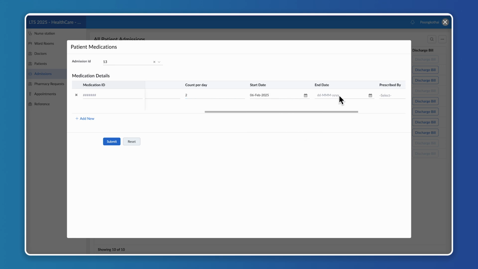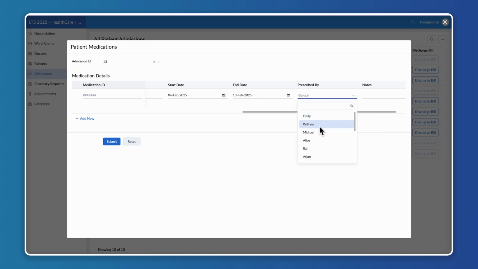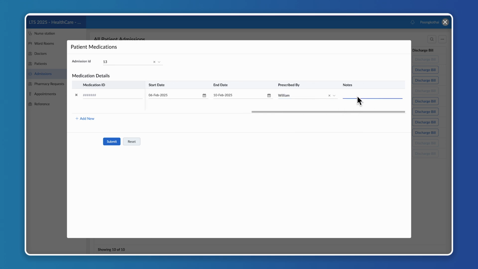From the date of admission, we want it to be done till 10th of February before the surgery date, and by whom it has been prescribed, and notes if they have any. I'll mention check for any